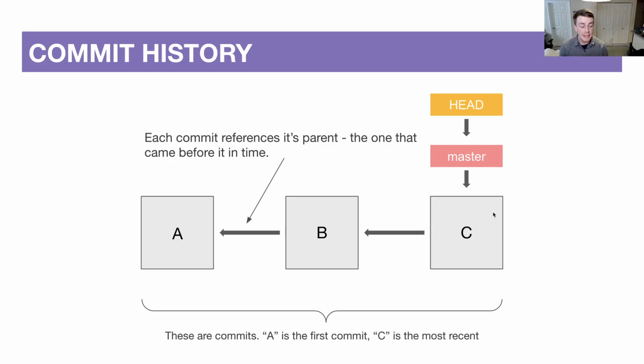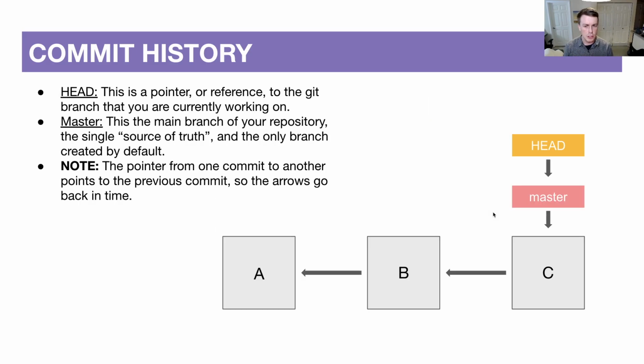Now, we also like to think about having a reference to our particular commit. You probably saw on that last slide, I had these two boxes, the goldenrod box that says head and the salmon colored box that says master. So master is the name of a branch, and a branch is essentially just a series of commits. You could say the master branch has commit C, and before that was B and A. So master is just a name for a commit, essentially. It's just saying, hey, our official version of the project history goes C, and then before that B,